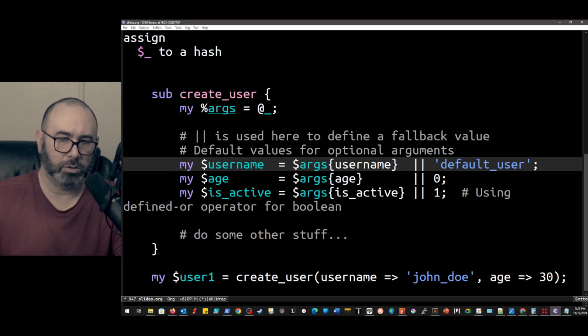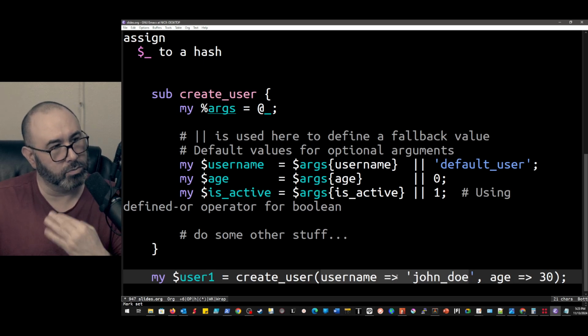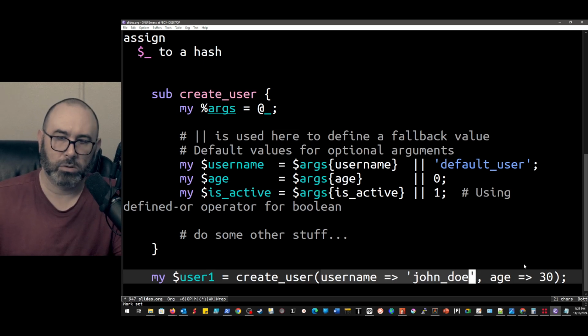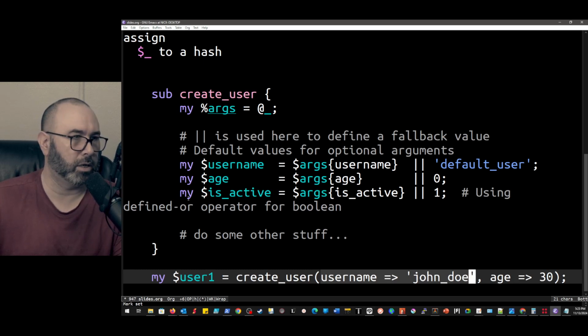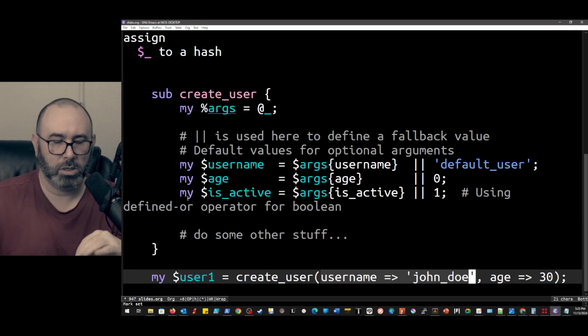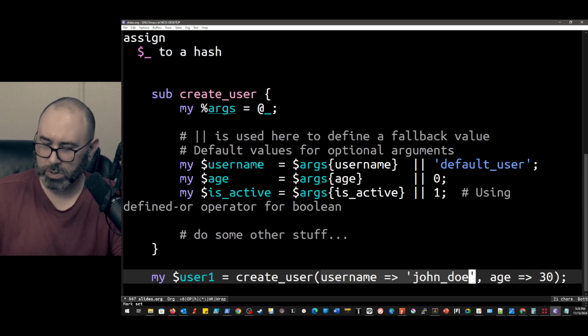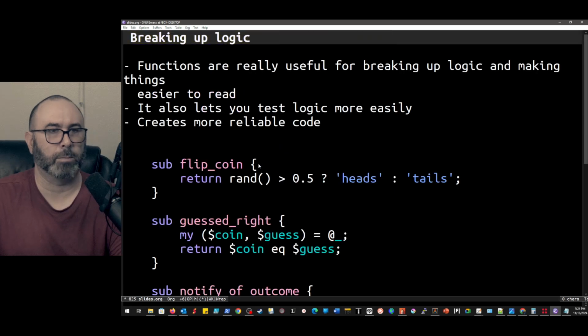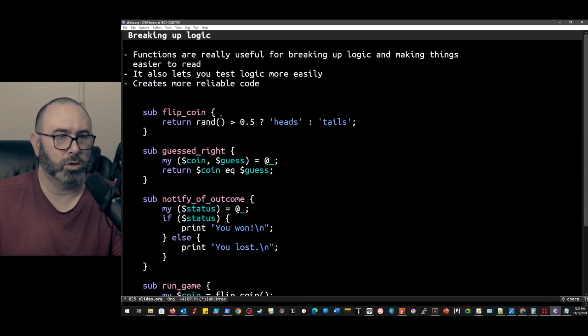And then what we could do is you can either define your values beforehand, or you can go ahead and pass it like so, right? So username and then equal greater than to sort of make an arrow with the value. So it basically gives you the same thing that you would see in some other languages that have keyword arguments as a built-in, standard way to do things. Just a slightly different way of implementing that.